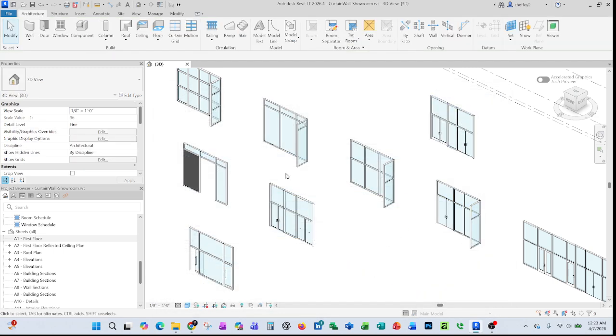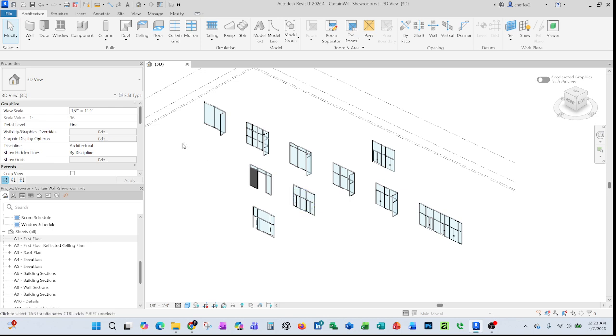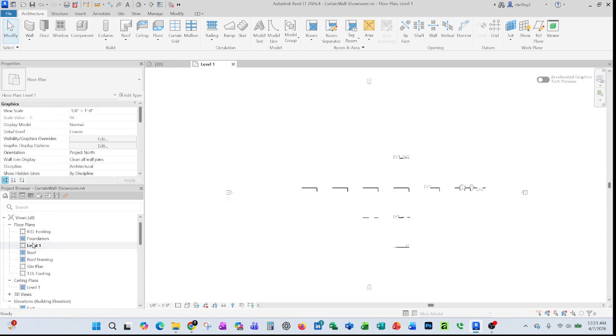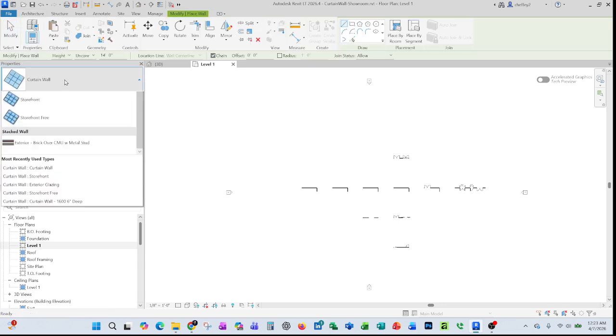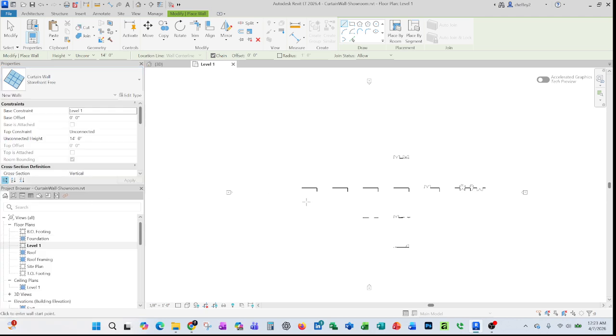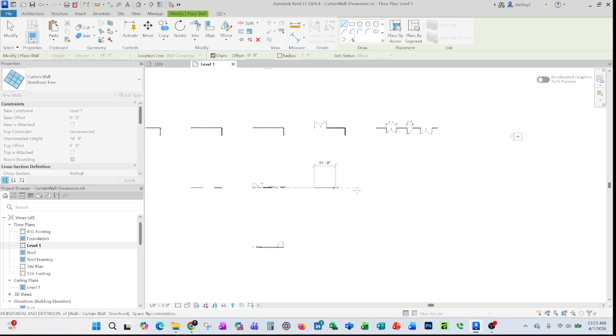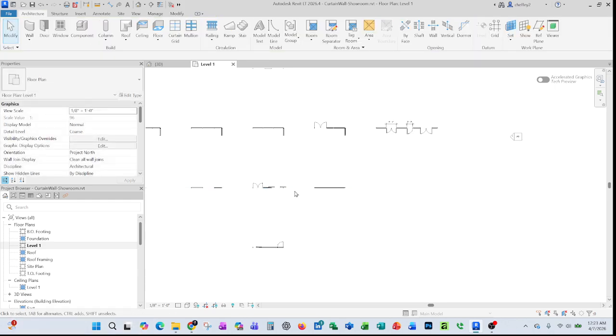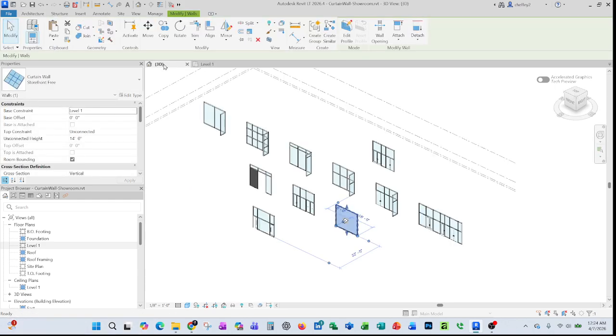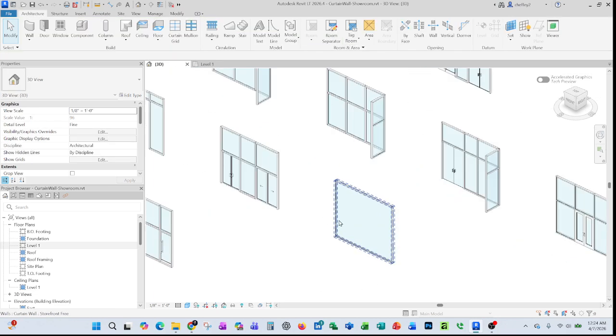And it makes it one of the most editable. So let me go into our floor plan level 1 here, and I'm going to go to wall and pick the storefront free, which means it doesn't have any restricted settings. And I'm just going to draw a wall that is 16 feet long. So with that, I'm going to go back to 3D, and you can see that it's now